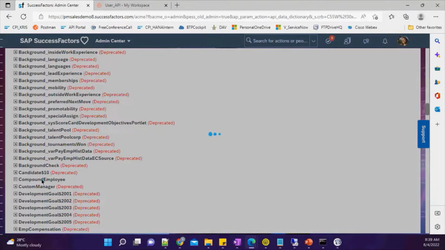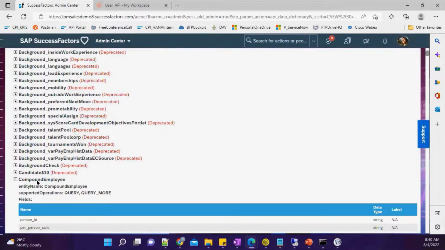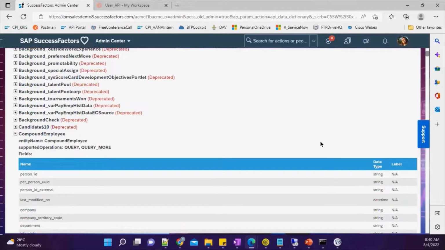So basically, this compound employee is capable of pulling most of the EC related data. So you can use this single API to fetch the different portlets. We call them portlets in SuccessFactors.